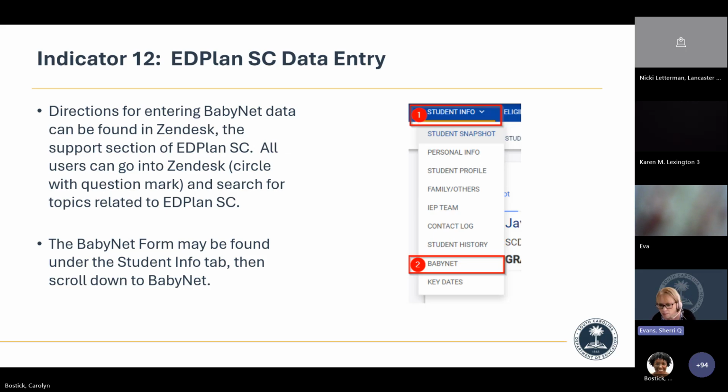Oh, let's see, Brandy, question regarding exit codes. Exit codes should be completed at least 3 weeks prior to the end of the school year. Brandy, the 3 weeks is really a guideline that we would recommend. Do it somewhere within that time frame. There is not a hard start, hard stop. We just recommend that you not do it prior to 3 weeks, because typically if a child's receiving 3 weeks of services, you're going to see some more progress. So we want those ratings as accurate as possible.